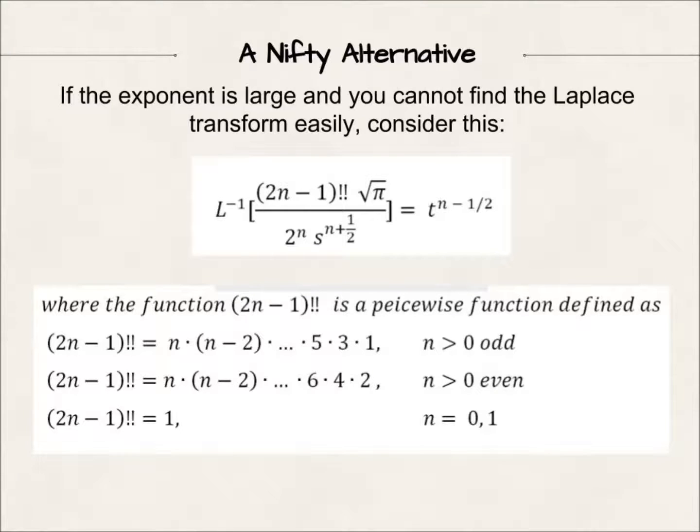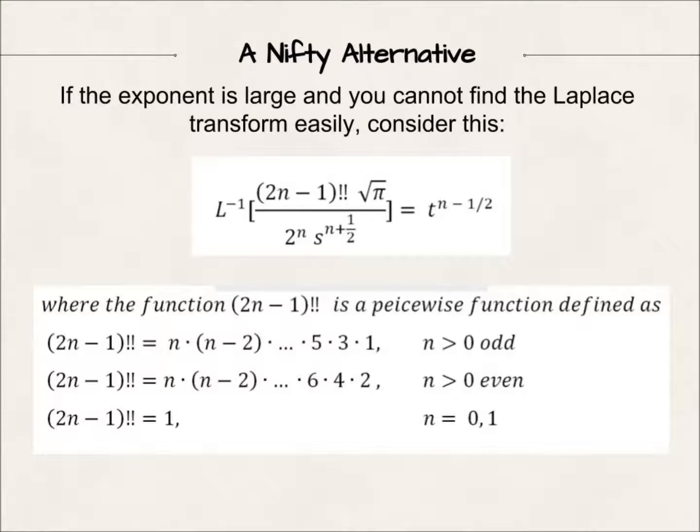Sometimes when we're evaluating the Laplace transform of t power n, it becomes rather difficult to evaluate this function using the gamma function, because the gamma function will only help you go back one step at a time using the fundamental theorem, which is gamma n plus 1 equals n times gamma n. And so in such cases, it is somewhat nifty to have this relation in mind,